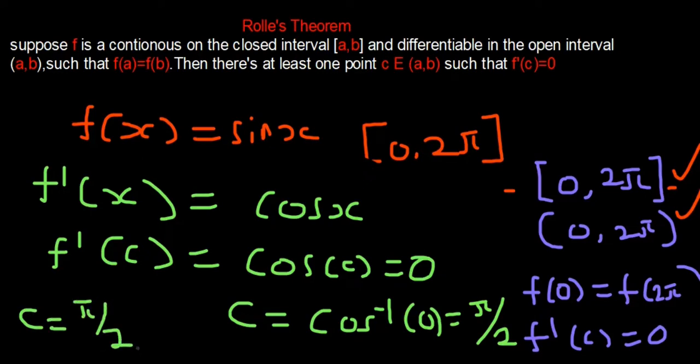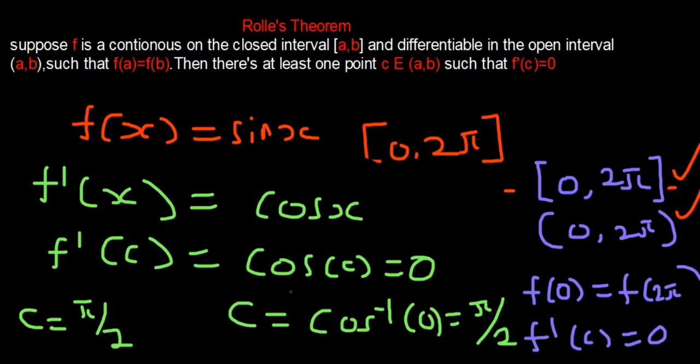So looking at this, it's not always the case that the C value will be just a single value. Sometimes you can have two or more C values where the slope of the function will be equal to 0. But currently we have a single point from our solution. But you know it's not only pi on 2 that when putting cosine of